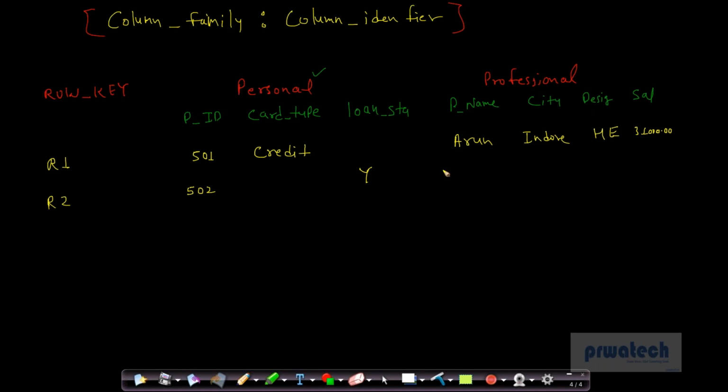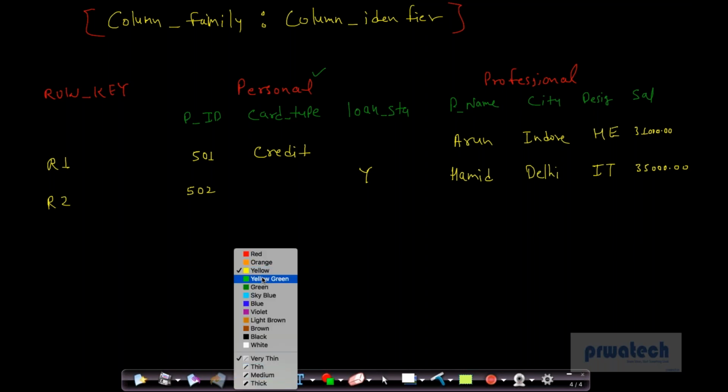The person name is Hamid. The person is from Delhi. Designation is IT. Salary is 31,000. This is my second row, and the second row belongs to the second person. Now at runtime, in the professional column family, you want to add one more column identifier. Assume for the person R3